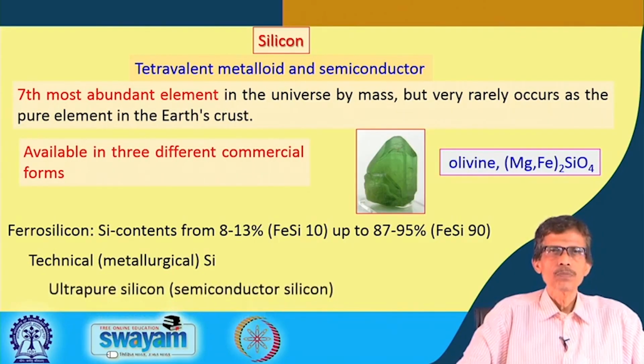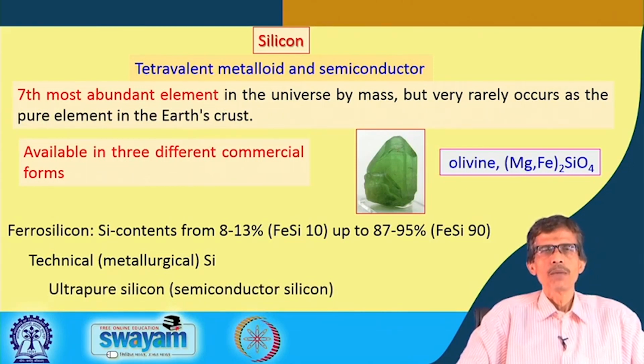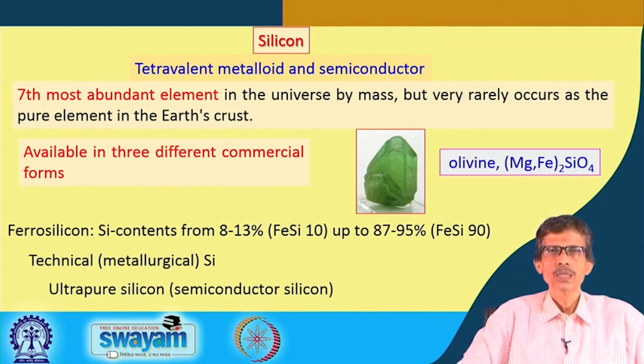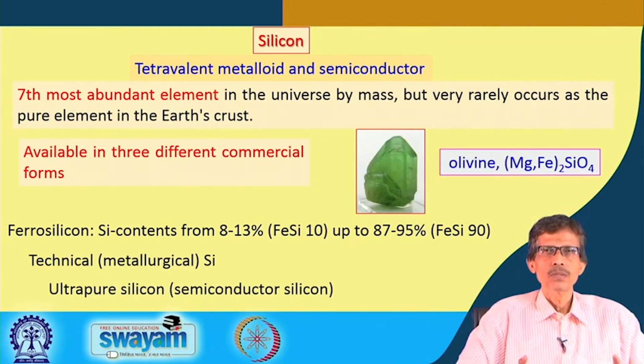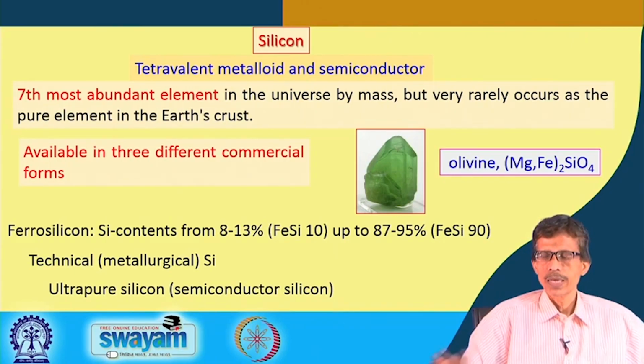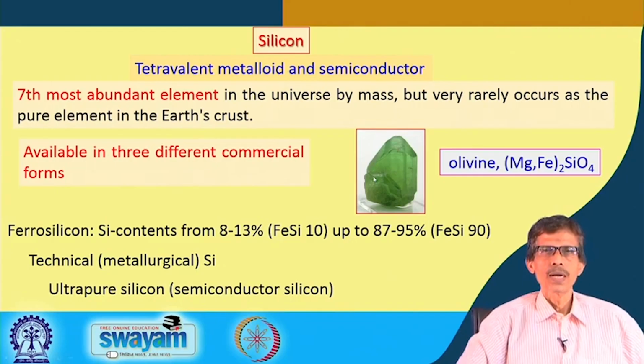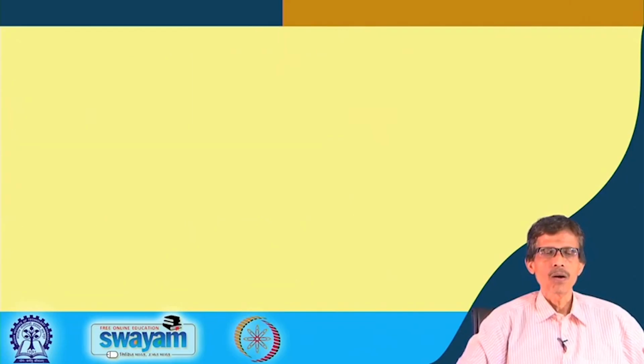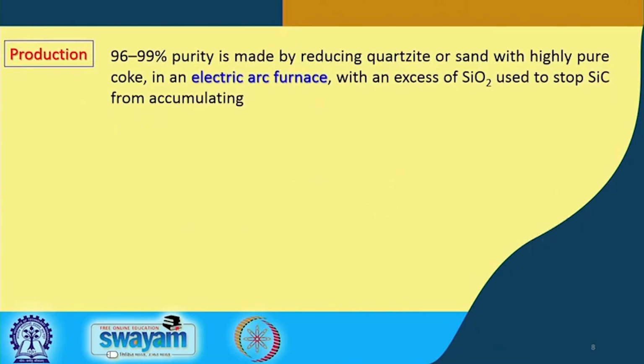Then a very high purity form is your ultra pure silicon, which we all the time make as semiconductor silicon, whether we go for making solar cells or the components of the computer. Because the silicon industry, the computer industry or what we sometimes call the silicon valleys, are purely dependent on the amount of good quality silicon we can use for making the hardware, and the software part a little bit. So, production is basically dependent on a range where